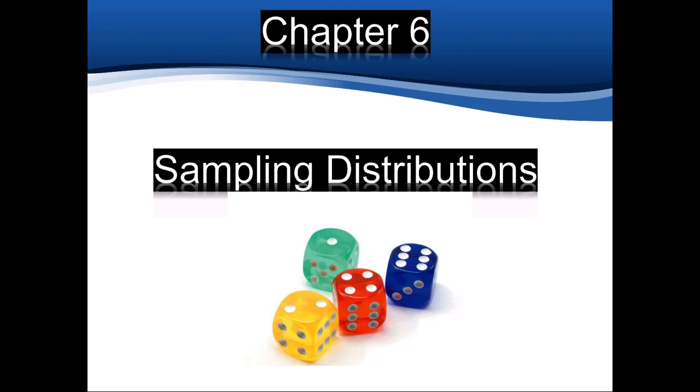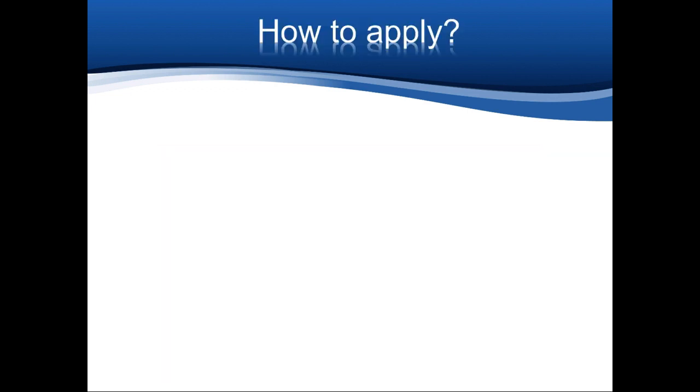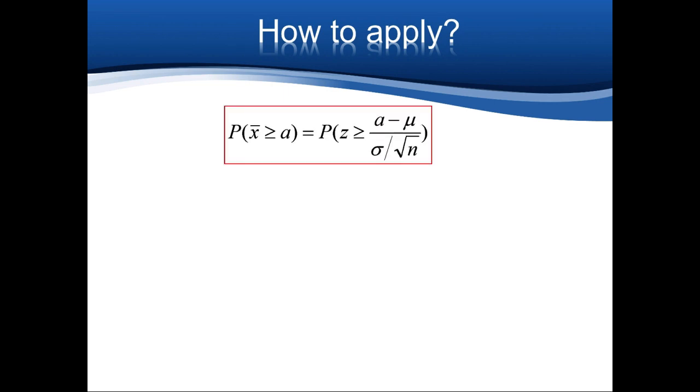Hello everyone, this video is about an example about Chapter 6, Sampling Distributions. As we know from Chapter 6, we can apply the concept to solve practical problems. For the variable x bar, which is the sample mean variable from the sampling distribution, if it's higher than a number, we can use the z-score formula, that is x bar minus mean divided by the standard deviation. From the central limit theorem, the standard deviation will be sigma divided by square root of n, and sigma is the